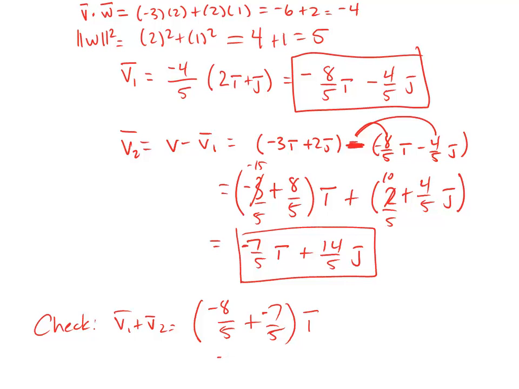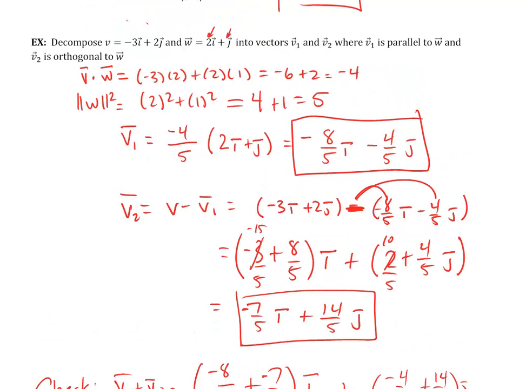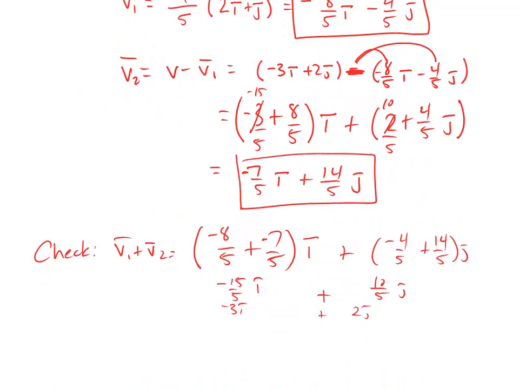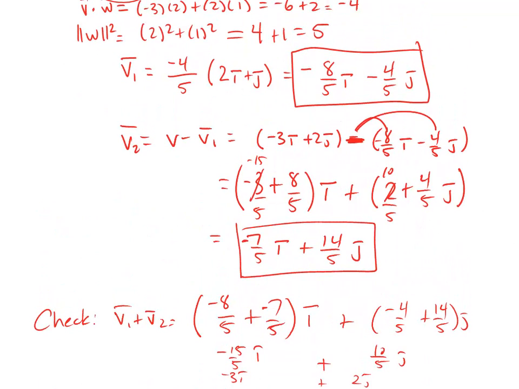Negative 8 plus negative 7 is negative 15/5 i, which is a negative 3i. If I add negative 4/5 to a 14/5 j, I get a 10/5 j, or 2j. Negative 3i plus 2j is in fact v. So this checks out. I can confirm that these two, this and this, are the decomposition of v into the w direction and orthogonal to w direction. There you go. That is the dot